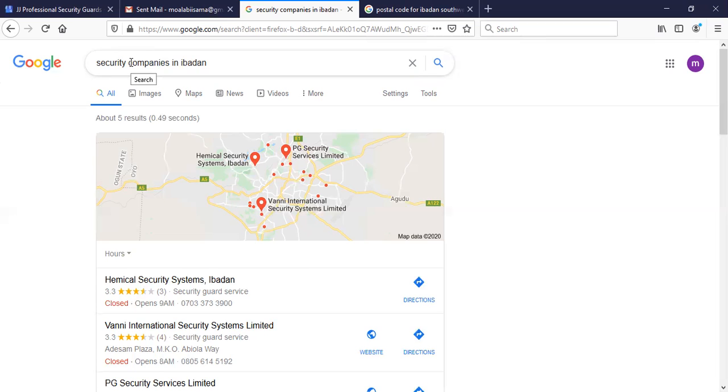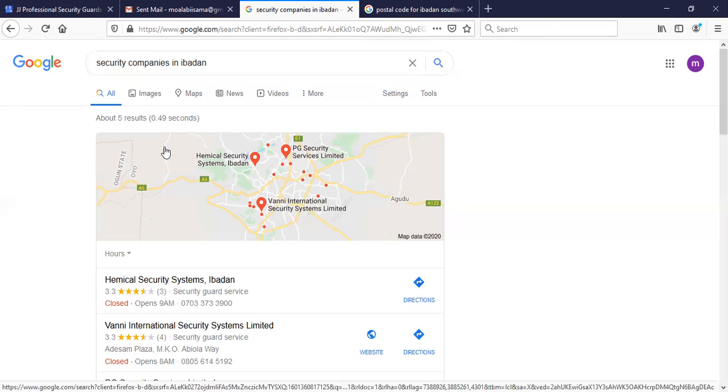When that happens, don't worry, move on to the next phrase. So now that I typed in "best security company", on top of the map is showing me the category to be "best security company". I hope you are getting the point.